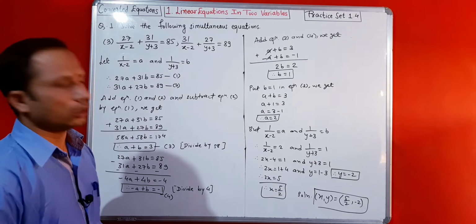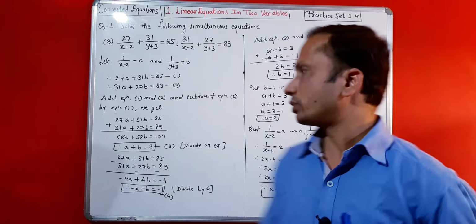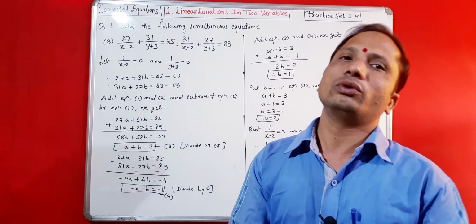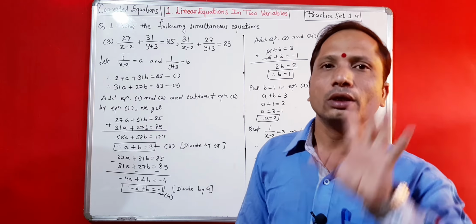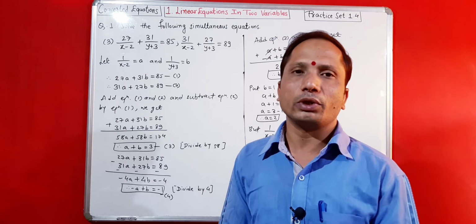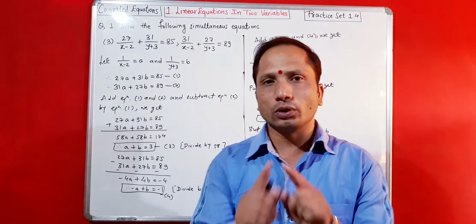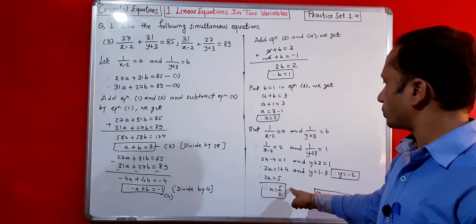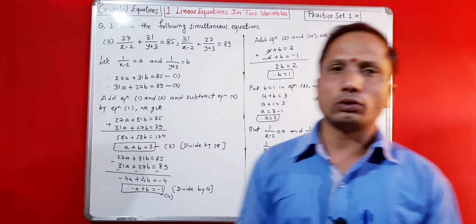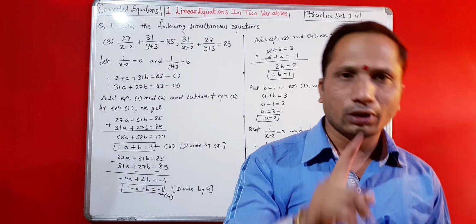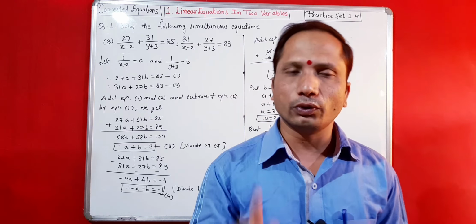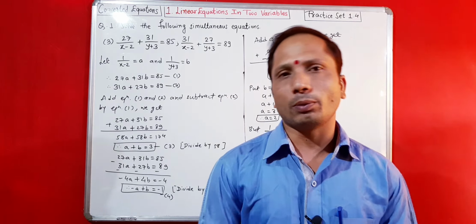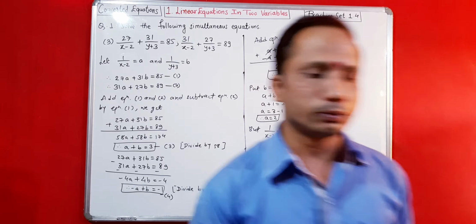But I have told you that whenever you do the process, do it very accurately, because if you make any mistake in calculation, then your whole problem will be disturbed. You will lose your time, and there will be overwriting in the examination. So the better way is to do the perfect calculation, so you'll get the perfect solution. This is the first part: just put the alternate values and finally do the calculation, and you will get your solution. This is problem number 3, and now we are going to solve the last problem, problem number 4, and then we'll move towards practice set 1.5. It is based on the application of linear equations in two variables.